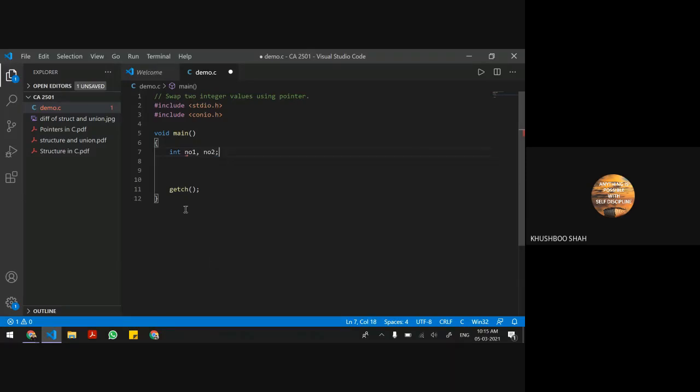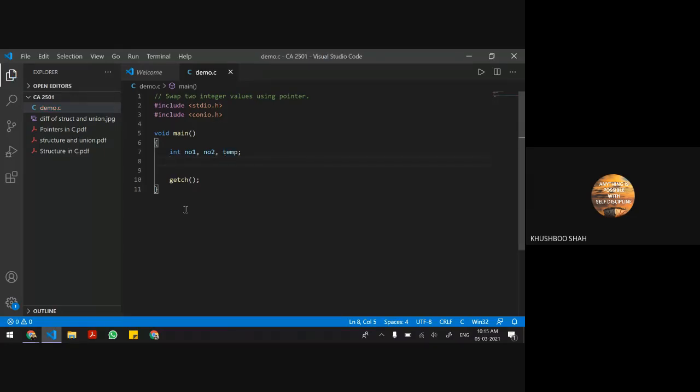Yes, so we have two numbers. Now we know that it's swapping, so we need a third temporary variable as well. So declare the third integer variable, that is temp.